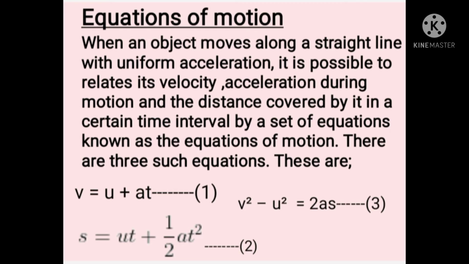When an object moves along a straight line with a uniform acceleration, it is possible to relate its velocity, acceleration during motion, and the distance covered by it in a certain time interval by a set of equations known as the equations of motion. There are three such equations. These are v equal to u plus at, s equal to ut plus half at square, and v square minus u square is equal to 2as, or 2as is equal to v square minus u square. Both are same,